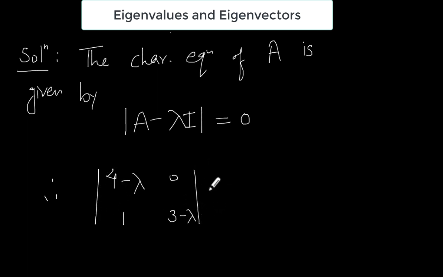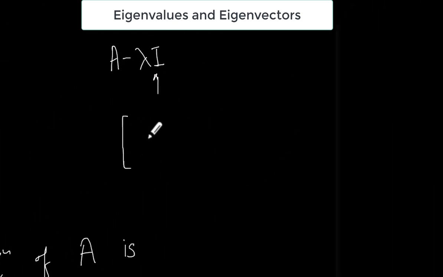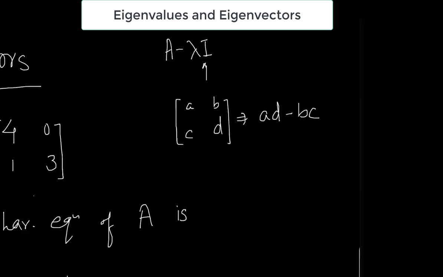Now we know how to find the determinant of a 2 by 2 matrix. If we have a 2 by 2 matrix a, b, c, d, then its determinant is given by ad minus bc. So from here